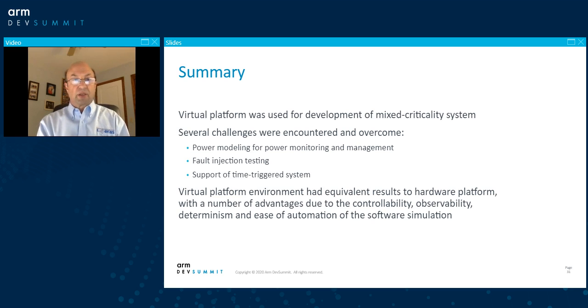So in summary, the virtual platform was used for development of a mixed criticality system. There were several challenges that were encountered and overcome: power modeling for power monitoring and management, fault injection testing, and support of the time-triggered system. The virtual platform environment had equivalent results to the hardware platform, with a number of advantages due to the controllability, observability, determinism, and the ease of automation of the